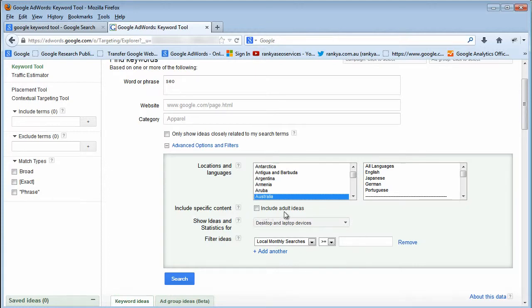Now, we've got include adult ideas. No, we don't want to include that. And we also have an option here. This is very important as well. By default, it shows results coming from desktop and laptop devices. Now, we also have a mobile devices option here. You can surely choose that, especially if you have a mobile website, and also if you offer